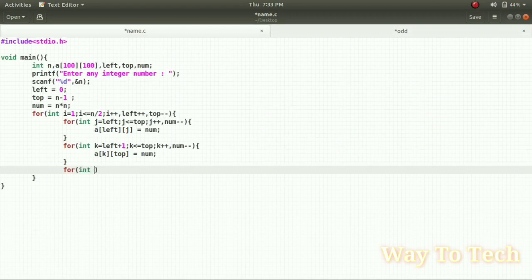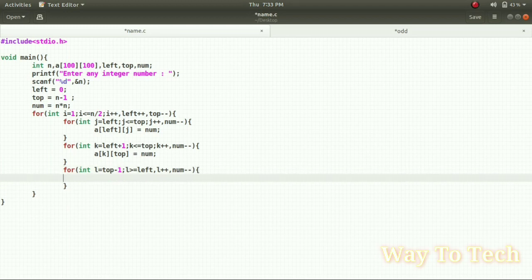Now I am declaring another variable, let us assume as L equal to top minus 1, because we have gone to 16, which is at the downside, top minus 1, to L greater than or equal to left, because we have to move from right to left, that's why. And as L is decrementing and same number is decremented, and we are assigning the value to array A